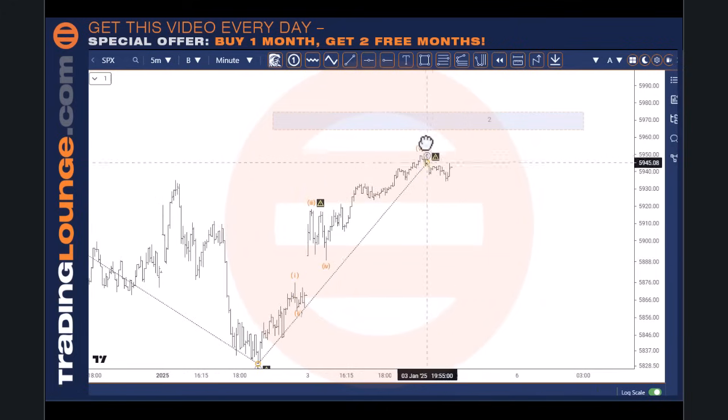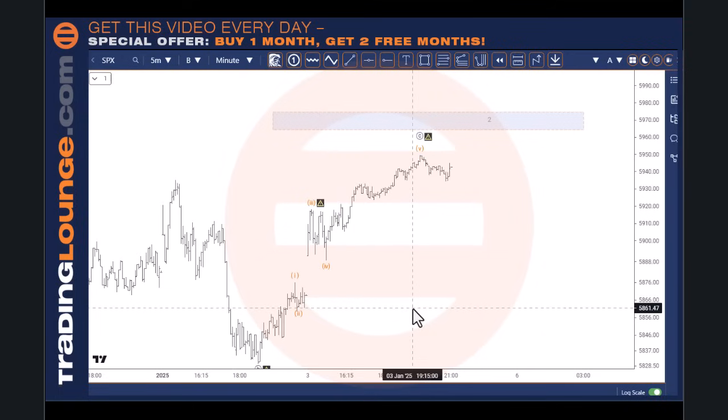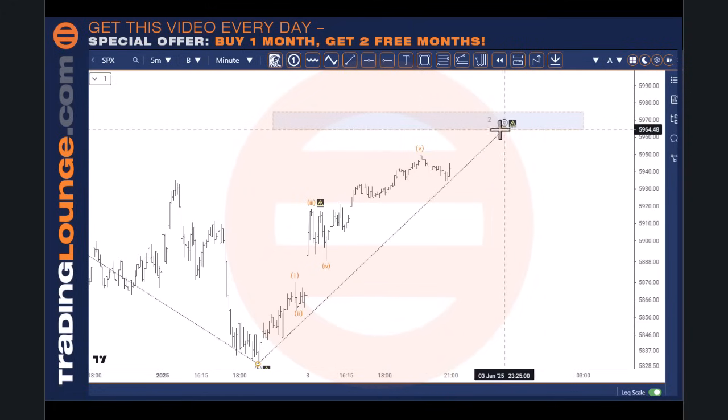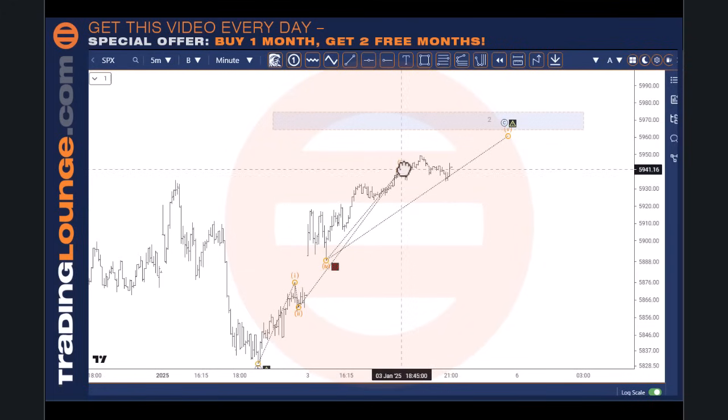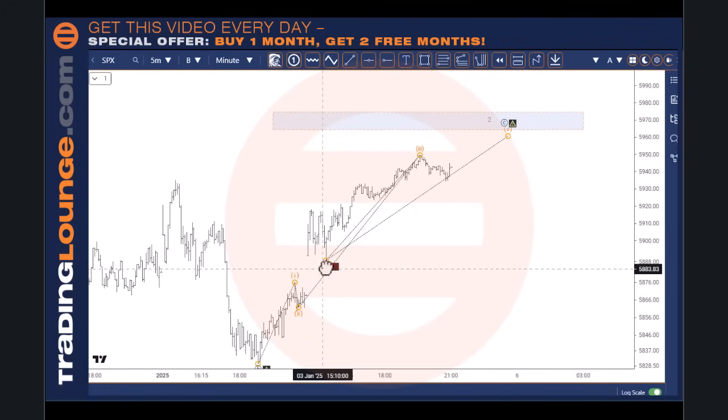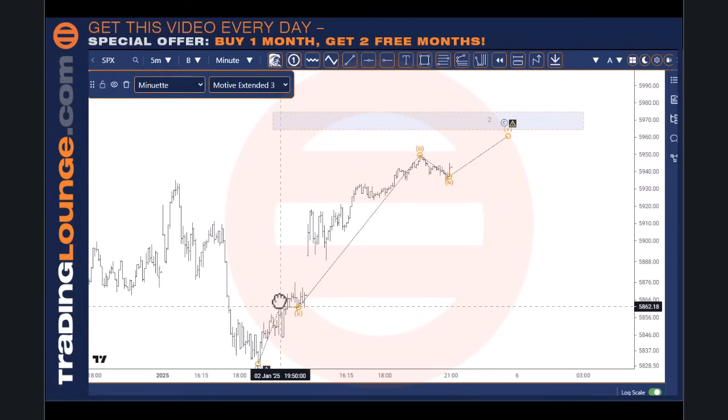So I could put this top in play here if I wished at this point, but it does look like this is a corrective pattern, and we'll need to move up further here. So it's more likely that we'll need to push this up here a little bit higher, and eventually this wave 3 will need to come up here, with this being a wave 4 over here, and then this will need to probably drop back here.